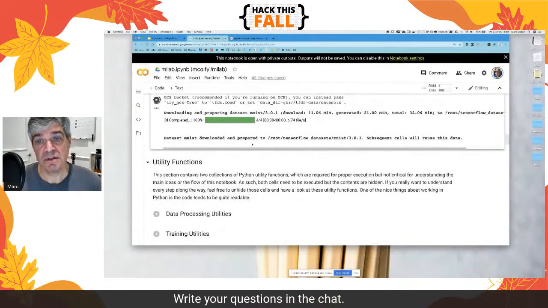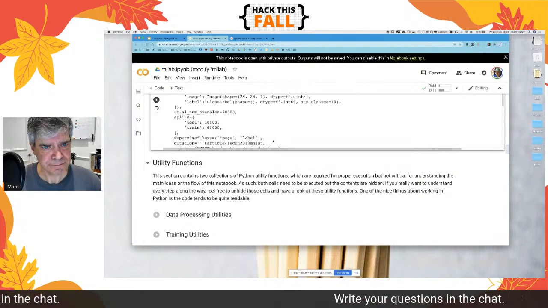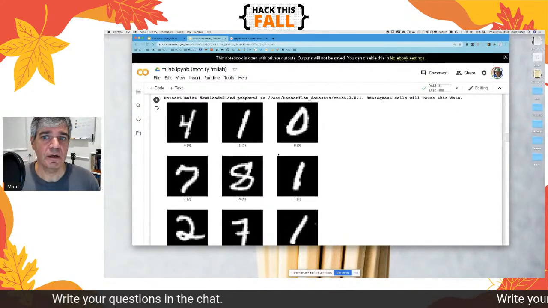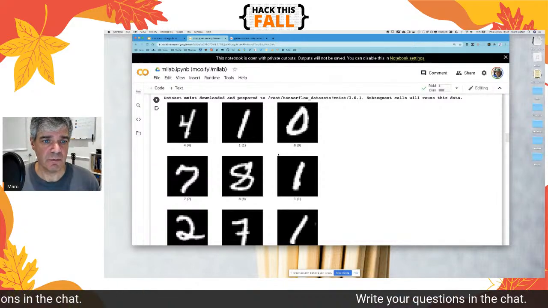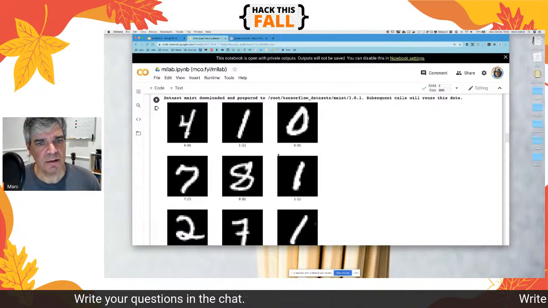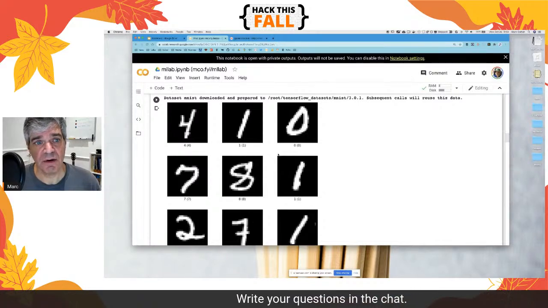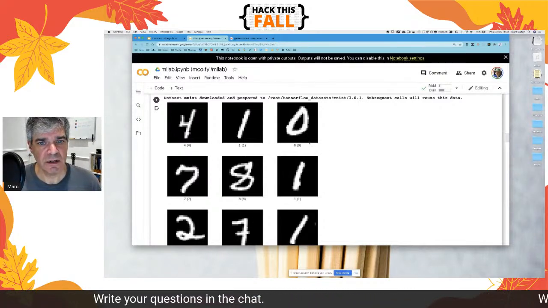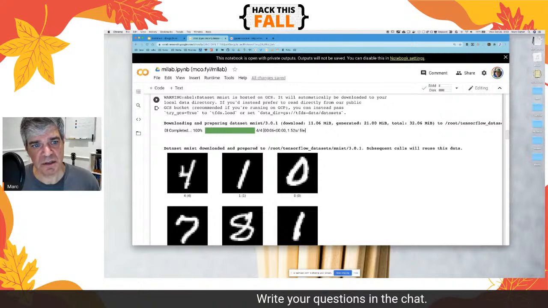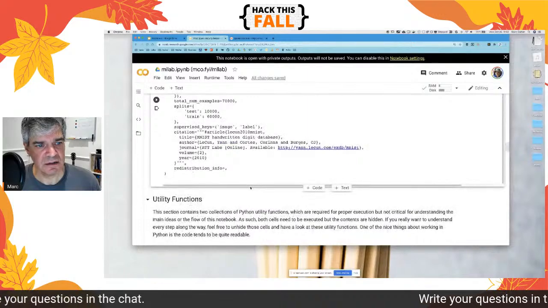MNIST dataset, which is a bunch of handwritten digits that derives from many years ago. The US Postal Service wanted to automate their ability to route paper mail based on what we call the zip code in the US, or the postcode it's called here in the UK. And that routing process can benefit obviously by automation. And so there was a great deal of interest in those days in being able to look at a handwritten digit or a string of digits and turn it into the digital equivalent. And so we use this data set in this